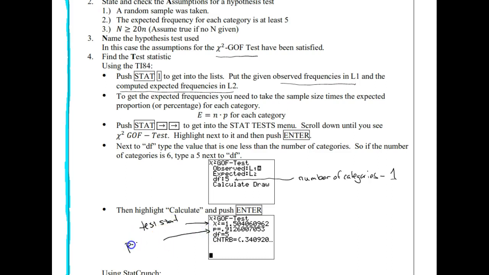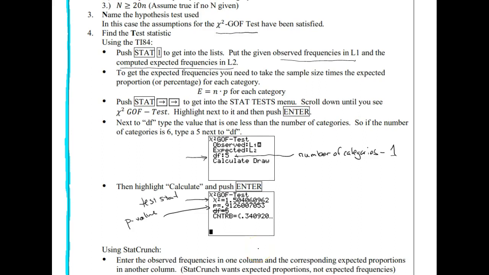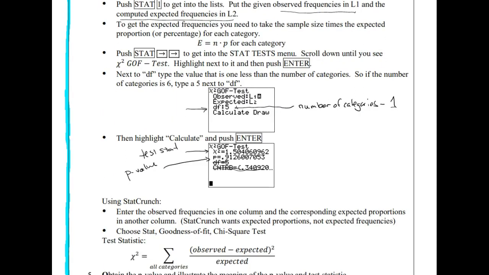On that output screen, we're going to see our test statistic, we're going to see our p-value, and then again, degrees of freedom, which we're not going to worry about with table values. Again, it is important here on the input screen to get the right value there. And then this last piece in here, how much contribution each of those cells gives, goes beyond the level of this course, so we're just going to ignore this line on the calculator as well. The only two things that we need are the top 2 lines of that output.